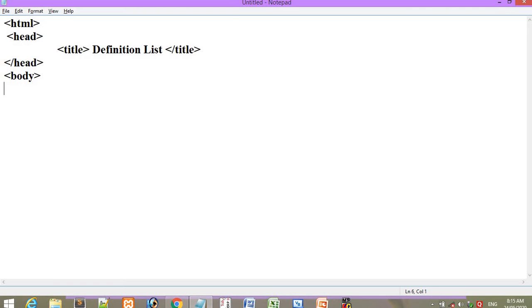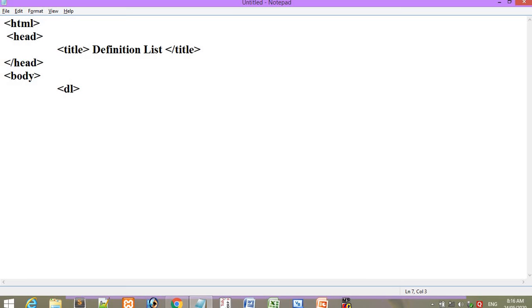So here, for the definition list, we are going to use the DL tag. And for defining list items in unordered and ordered lists, we used the LI tag.